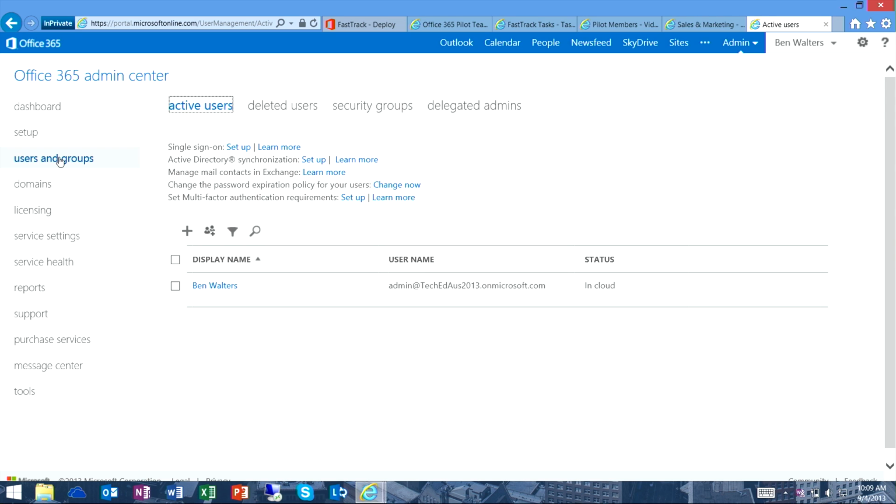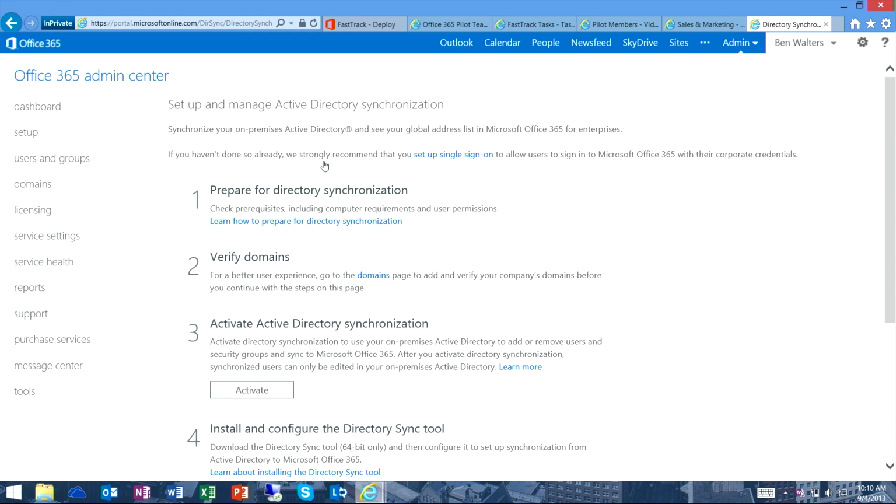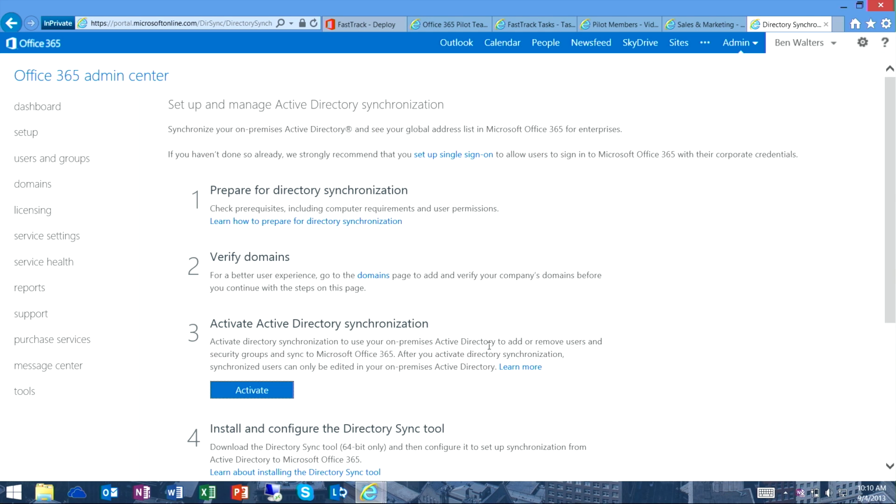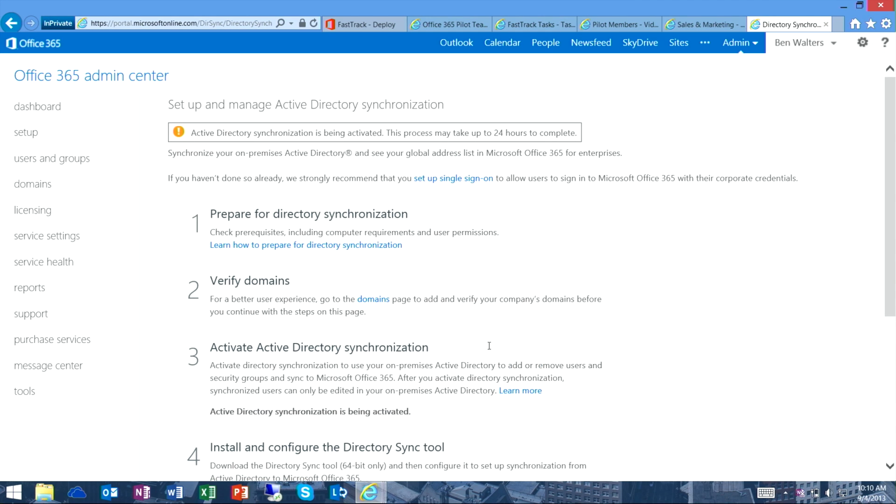But before I do anything on my server side, I need to activate the service. And so it's a matter of coming into my 365 service, turning on Active Directory Synchronization. Again, you can see we have all the steps needed to go through what you need to do. So prepare your service, get everything up and running. I can also go ahead and say, I'm just going to activate my Active Directory Synchronization. Go ahead and do that. And that way, the service is up and ready for me to go and synchronize accounts through.